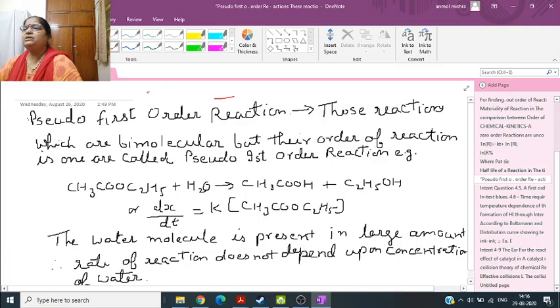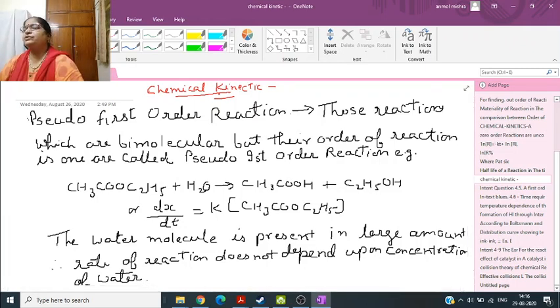Now in the next session of the chapter chemical kinetics, that is pseudo first order reaction. Pseudo means false. See, those reactions which are bimolecular but their order of reaction is 1 are called pseudo first